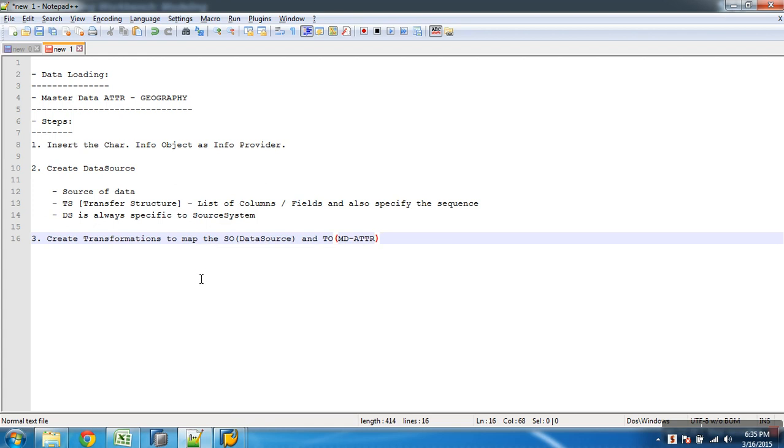Whenever you say mapping with transformations, it will have two objects, one is source and the other is target. With the help of transformations, we can create mapping between source object and target object. What is my source object in this case? Data source. What is my target object in this case? Master data attribute. I need to map those two.